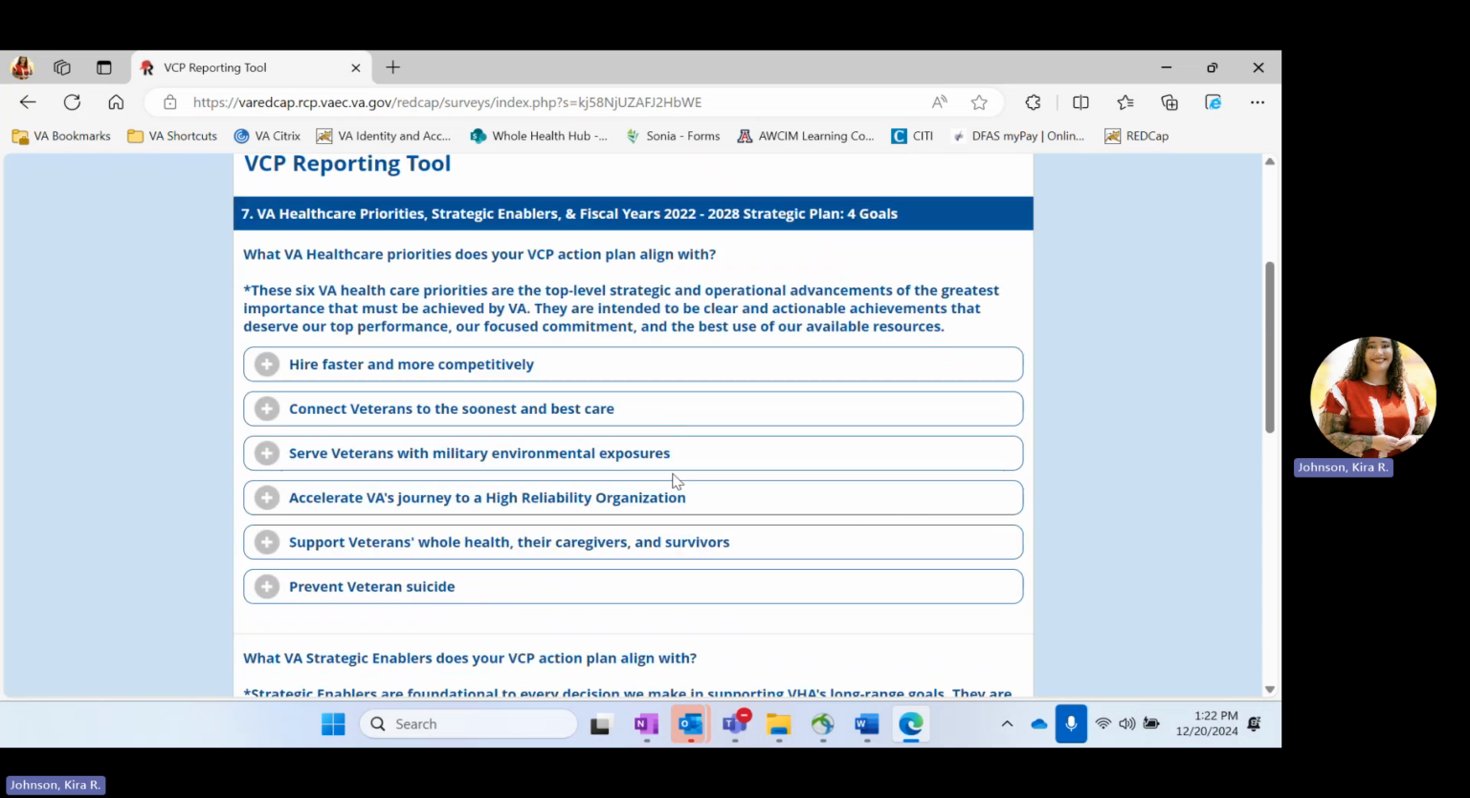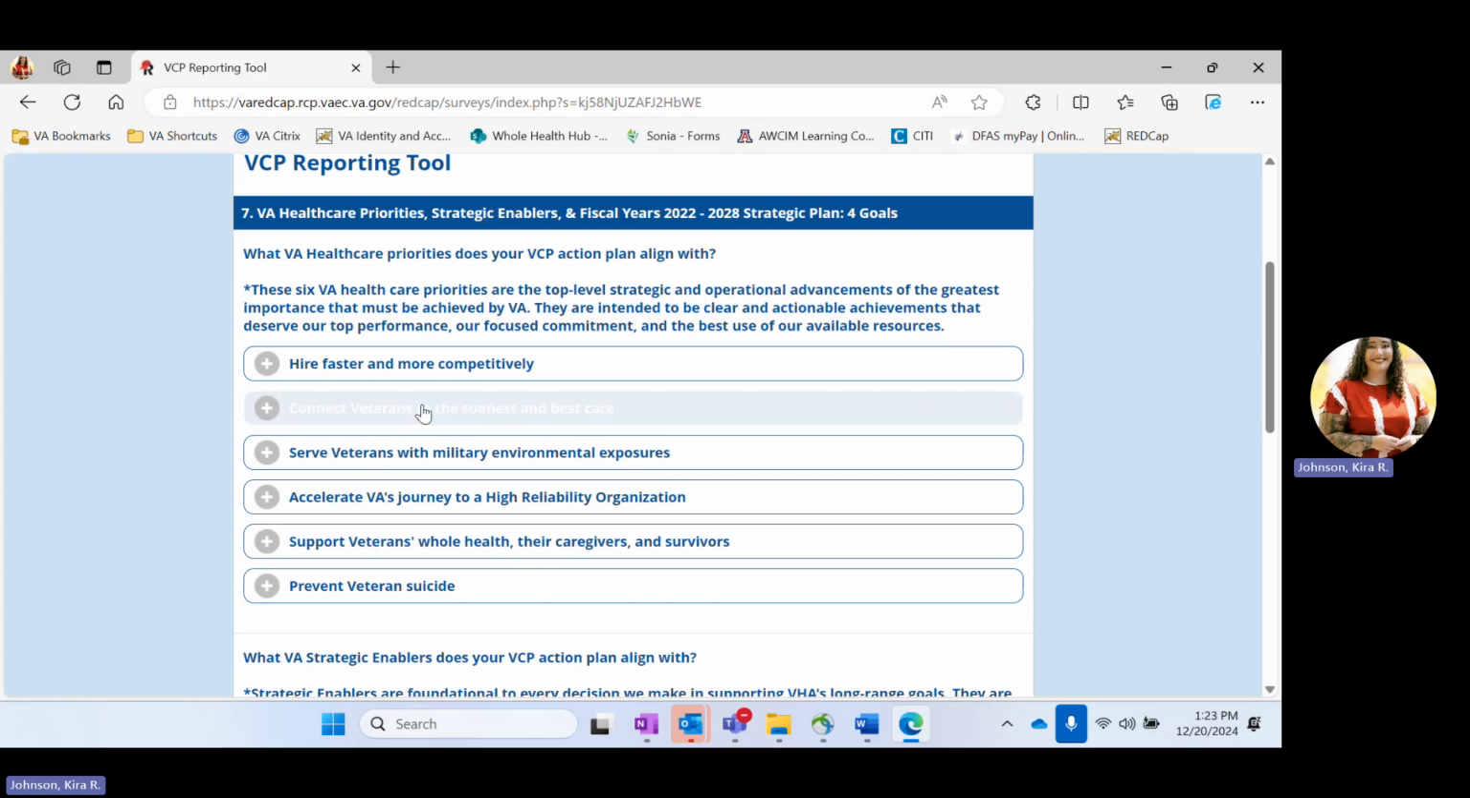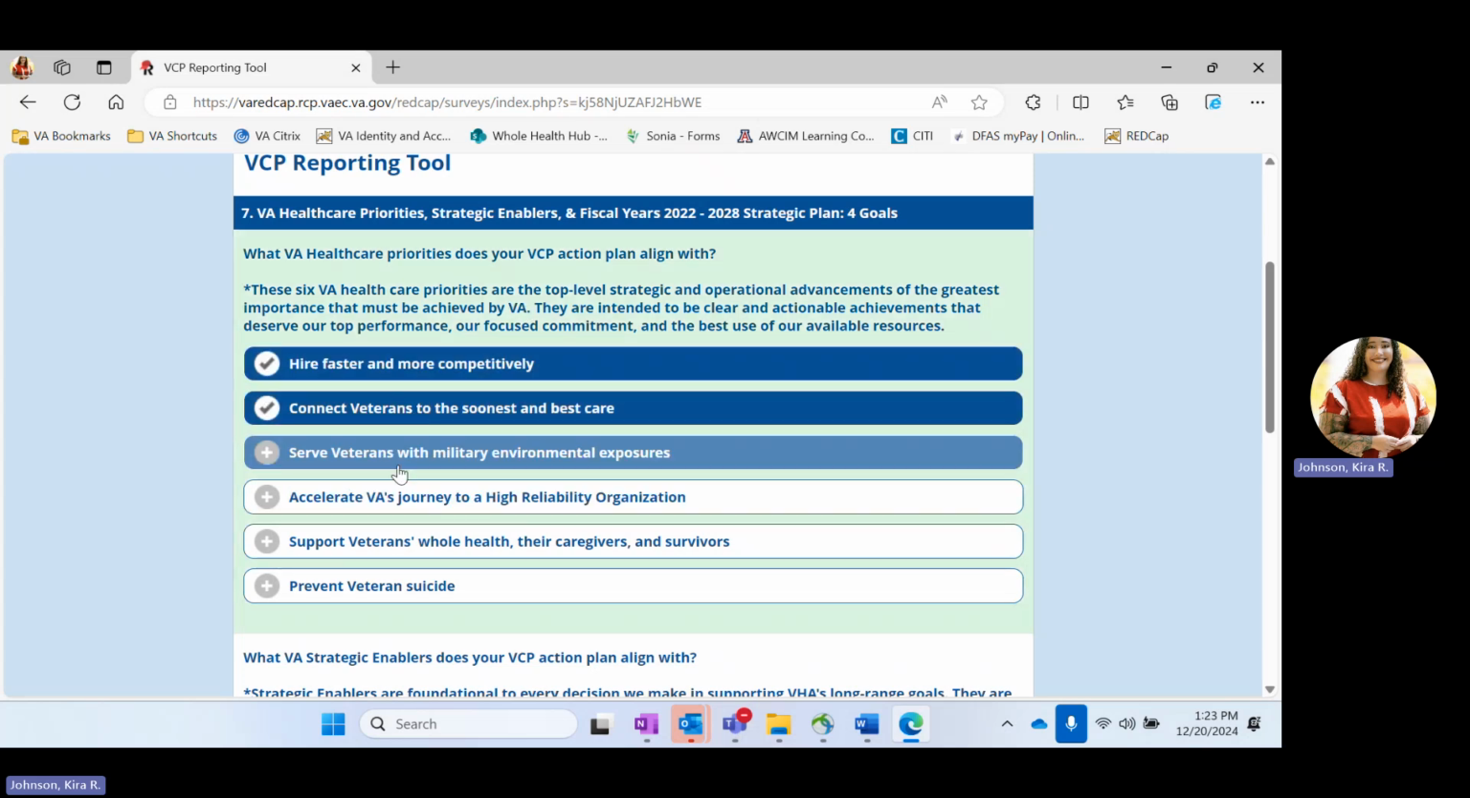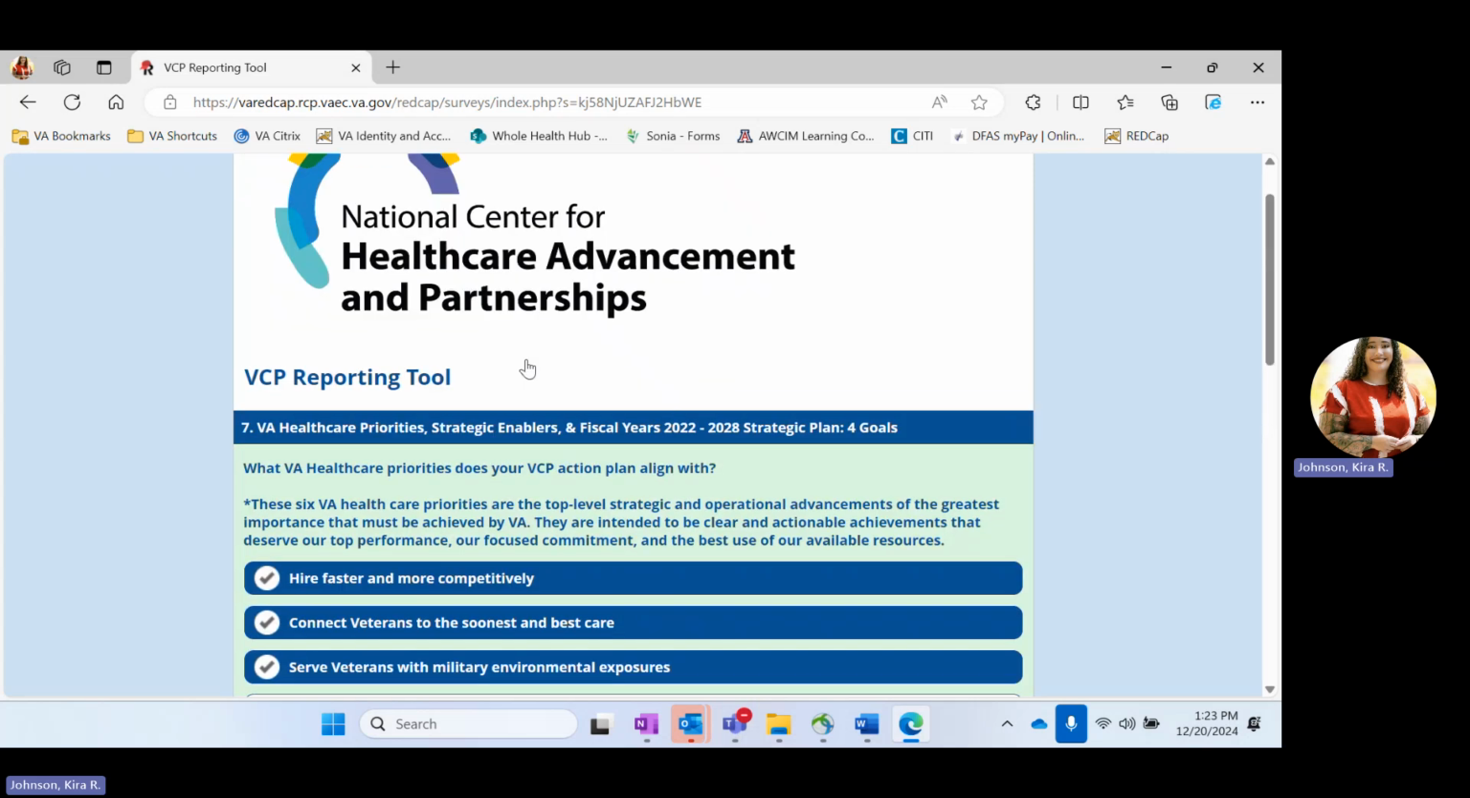And then the next page is going to focus on the VA healthcare priorities, strategic enablers, and strategic plan. So these are the 6 healthcare priorities that are at the top level strategic and operational advancements of greatest importance. So you will select which of these, and you can select more than one, which of these were relevant to your